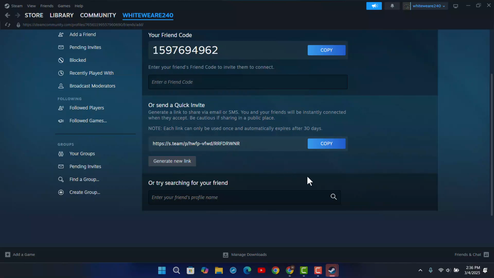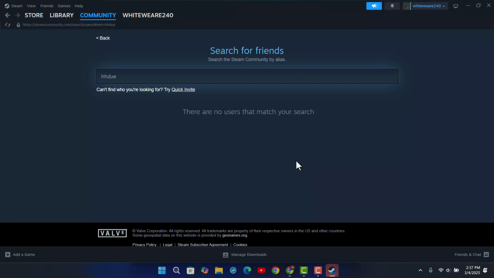And after which you want to go ahead and click on the enter button, and you could also go ahead and try searching for the profile such as this, and when you locate it, you could go ahead and click on add friend. However, if you're unable to add it in this way, or if you're having some issue